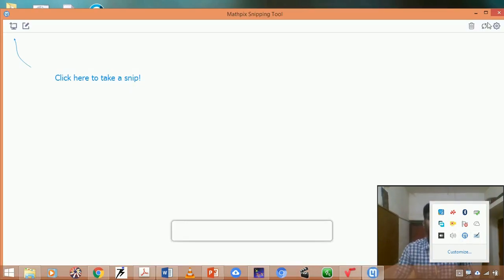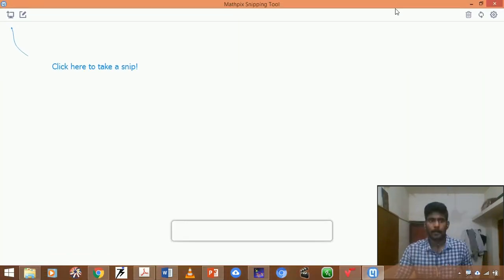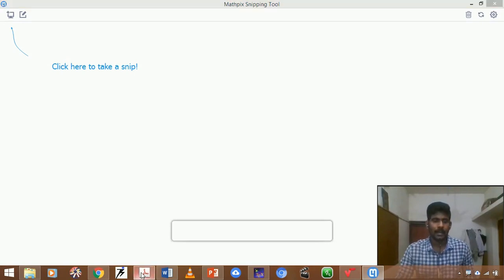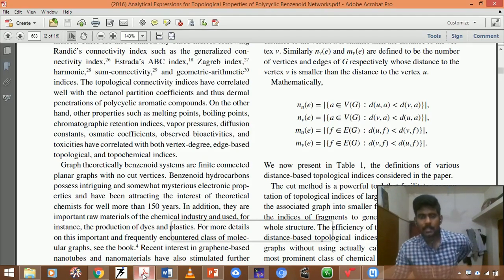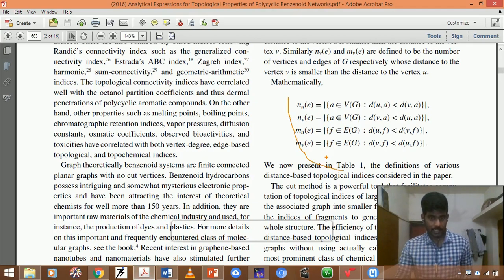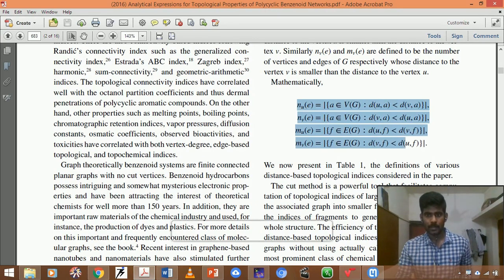Yeah, it was opened. After this, my plan is to scan this particular part of this PDF. That is, I am going to simply scan this part. I need to derive this part as LaTeX code.